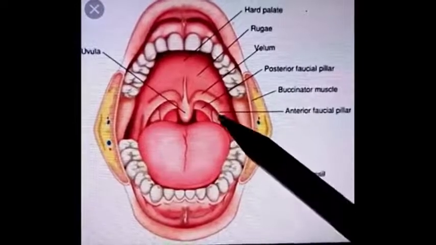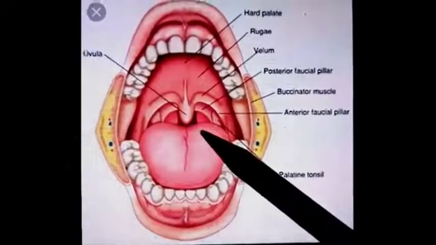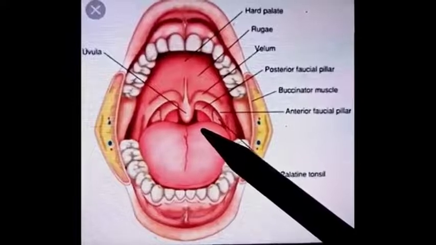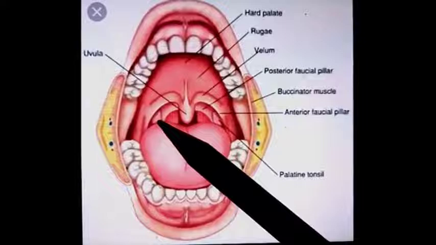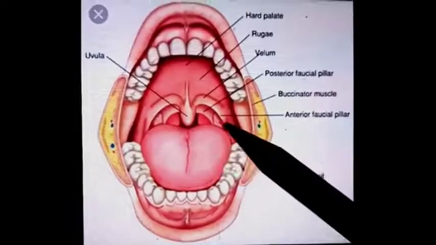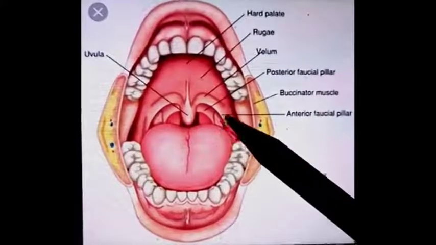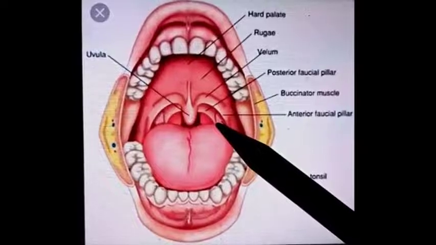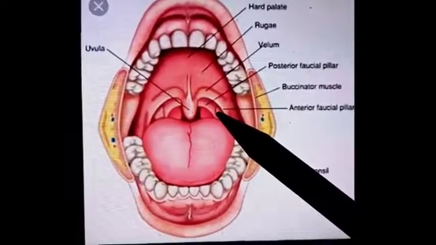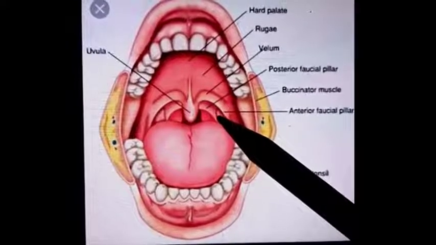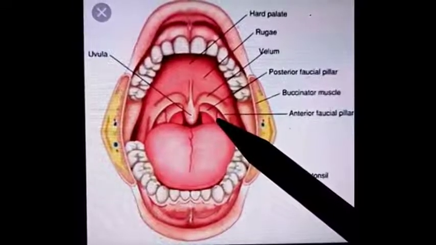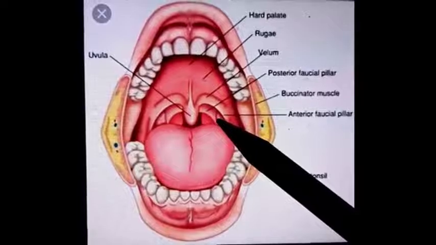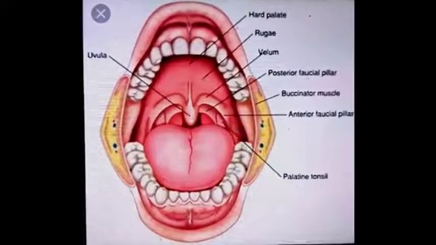Tonsils are a pair of soft tissue masses located at the back of the throat. Each tonsil is composed of tissue similar to lymph nodes that is covered by pink mucosa. As it has lymphatic tissue within it, it is a part of the defense system of the body.